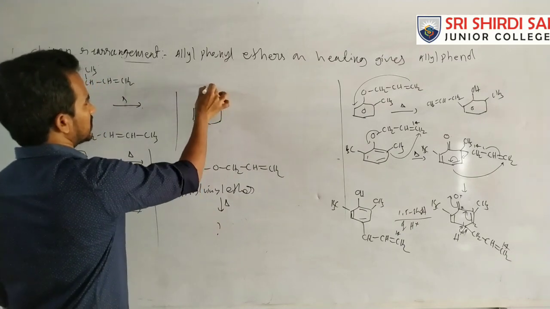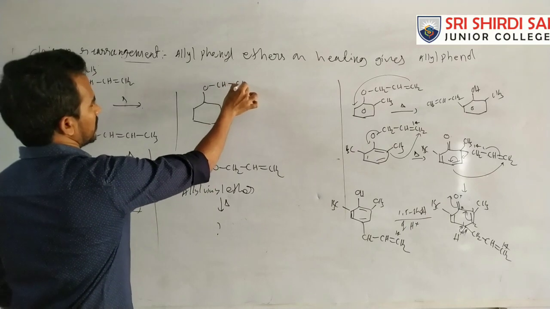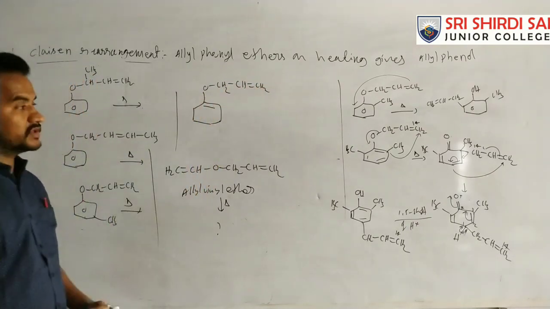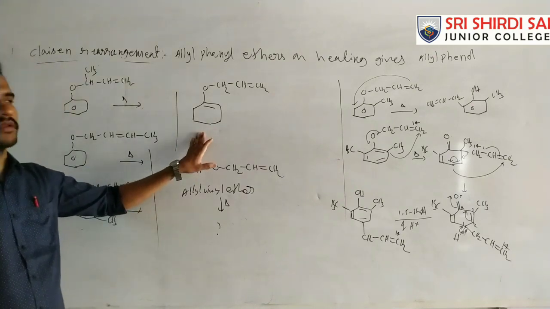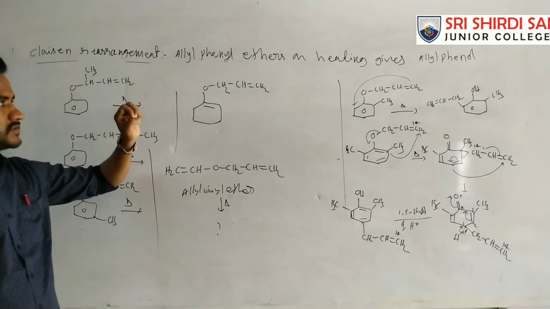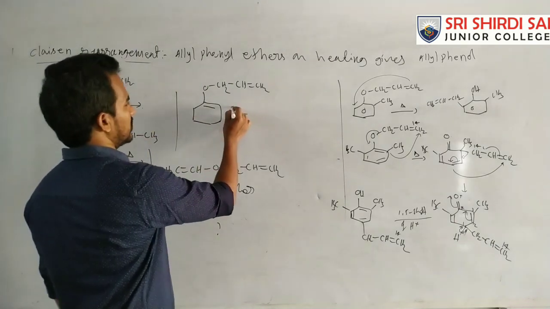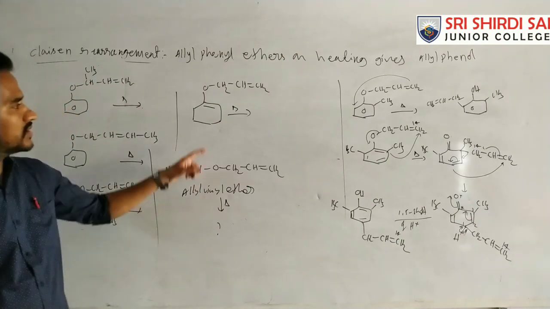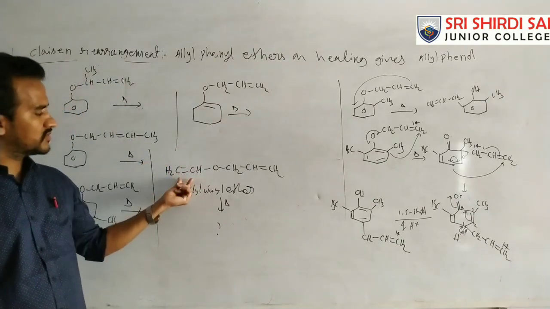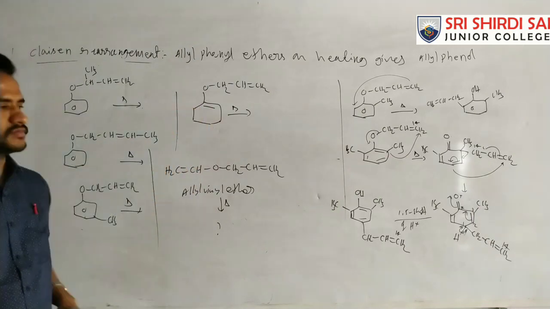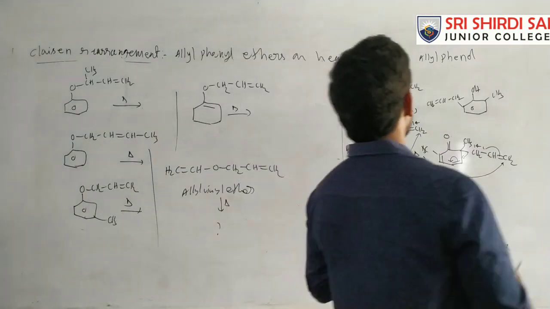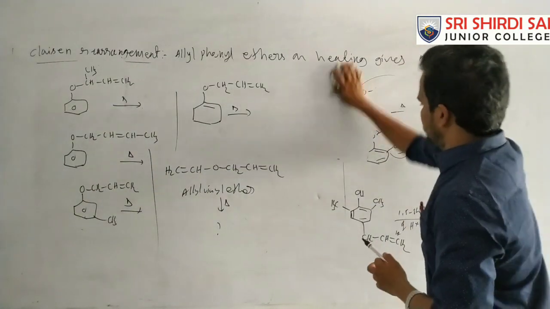So here is another reaction. This has only a single pi bond, it is not a benzene ring, but the rearrangement is just like this Claisen rearrangement. On heating, if you can write the product for this one, you can write that one. It is a vinyl group, this is also a vinyl group. That's it. It is a Claisen rearrangement. So write those examples.